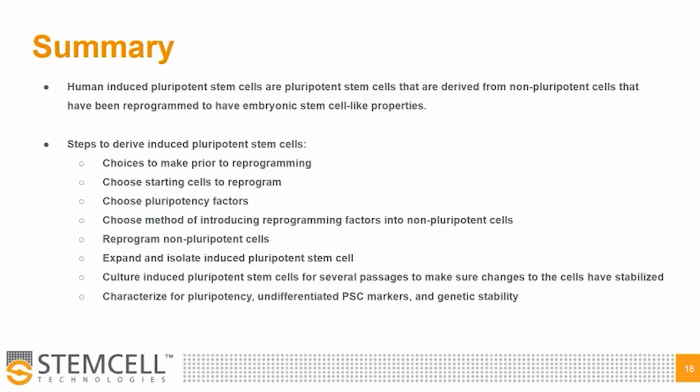So in summary, we learned that human-induced pluripotent stem cells are pluripotent stem cells that are derived from non-pluripotent cells that have been reprogrammed to have embryonic stem cell-like properties. We also discussed the steps to derive induced pluripotent stem cells, and they included the choices to make prior to reprogramming around the starting cell type, vector to use, and reprogramming factors. Then we looked at how to reprogram non-pluripotent cells and how to culture and